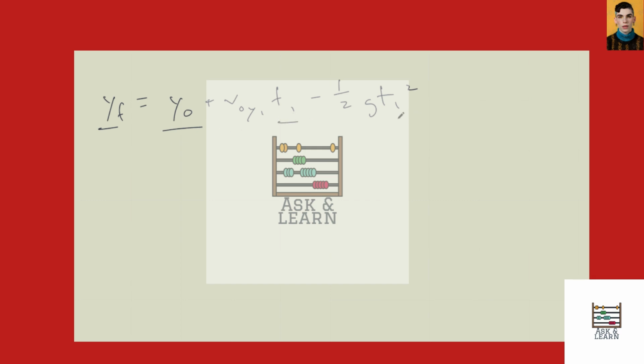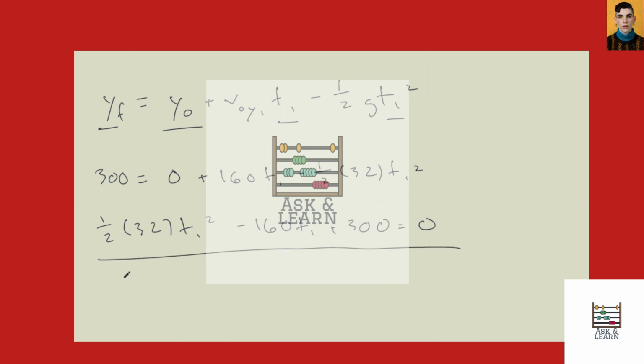So first off, I'm just going to solve for T1 here. All right, so we have 300 equals 0 plus 160 T1 minus half 32 T1 squared. And then we can rewrite this as half 32 T1 squared minus 160 T1 plus 300 equals 0, right? And you can put this into Wolfram Alpha, and then you'll get T1 equals 2.5, and let's see, the other one,